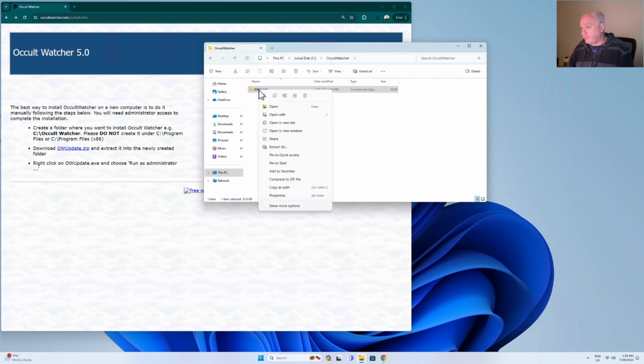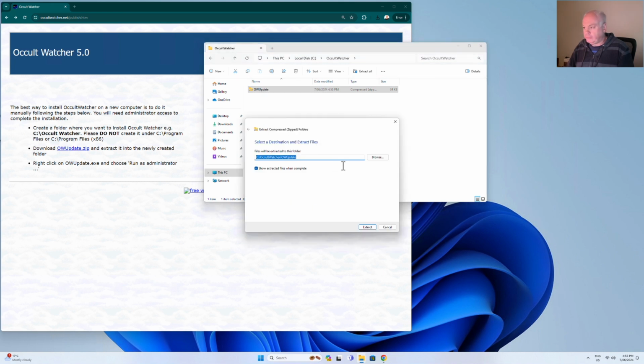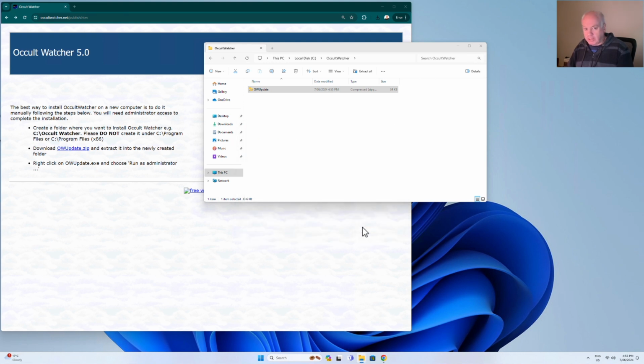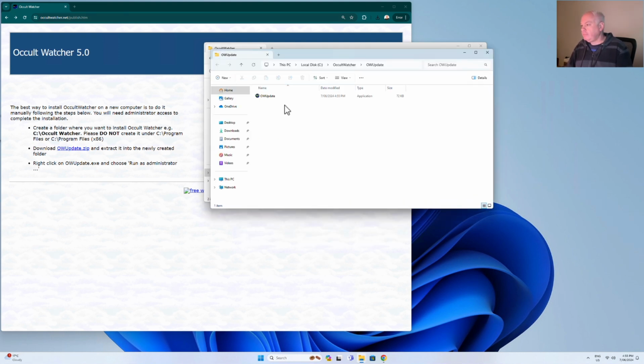There it is. That's a zip file. So I will extract all. Okay, it extracts into OW update. Extract. Okay, so now I've got C drive, Occult Watcher, and OW update is the